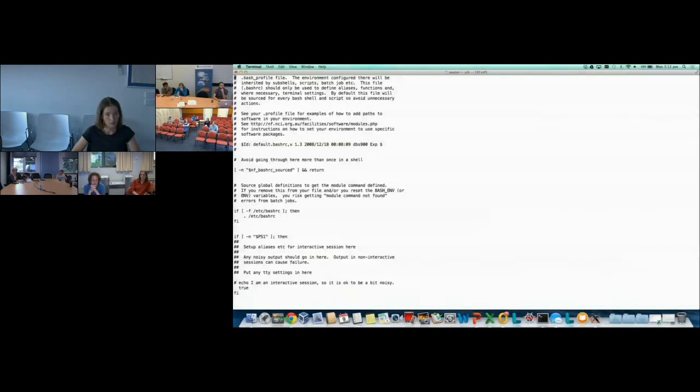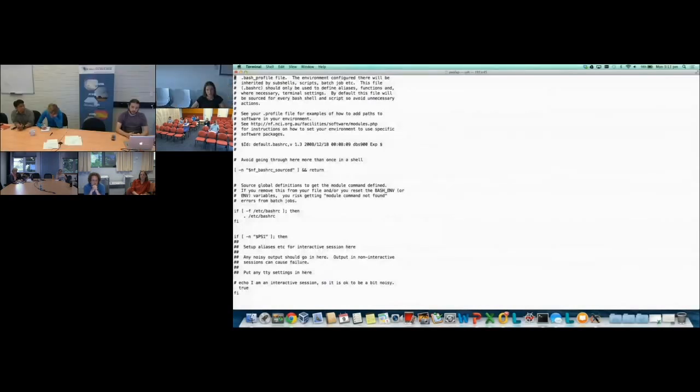Any questions up to now? If you don't use bash, you're going to have something similar. I don't know, Scott, if you use a different shell, like tcsh. For C shell, it's .login, which is the equivalent to .bashrc.